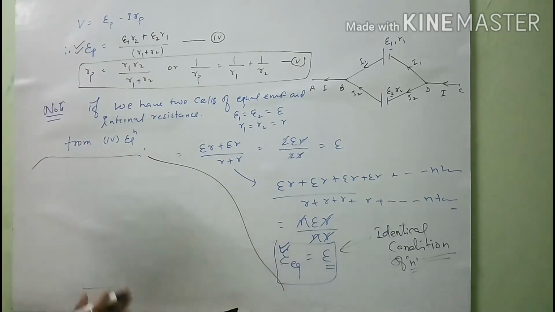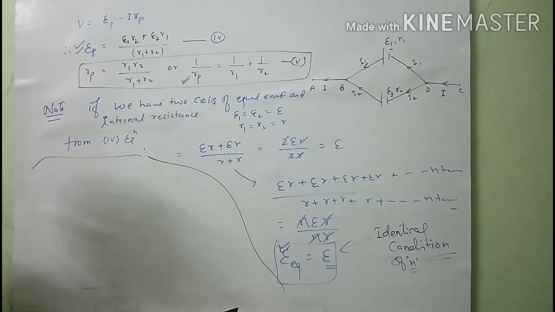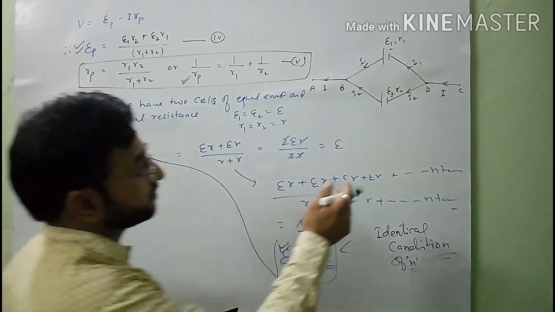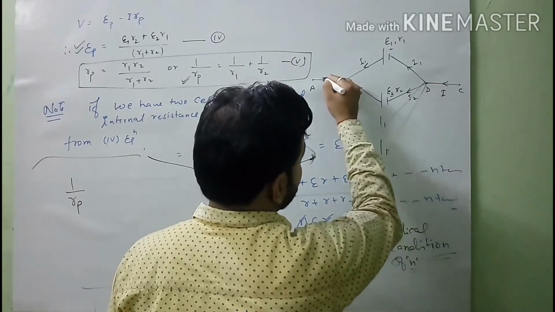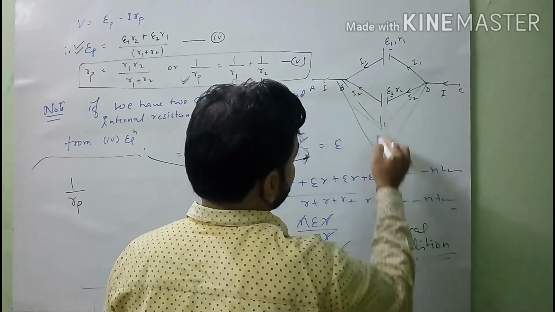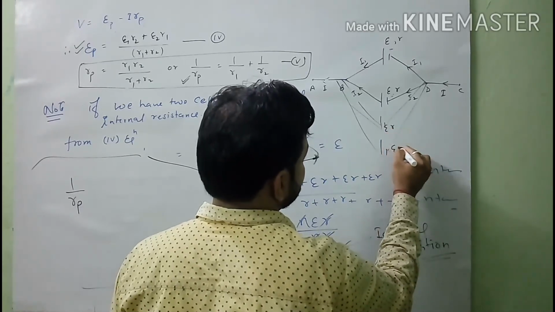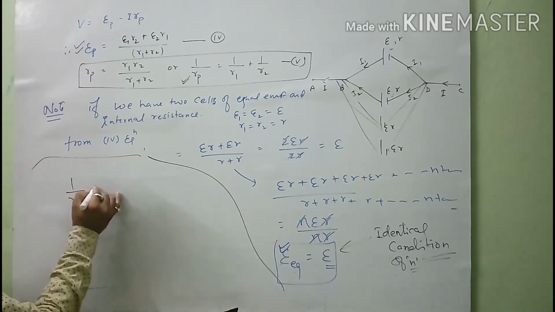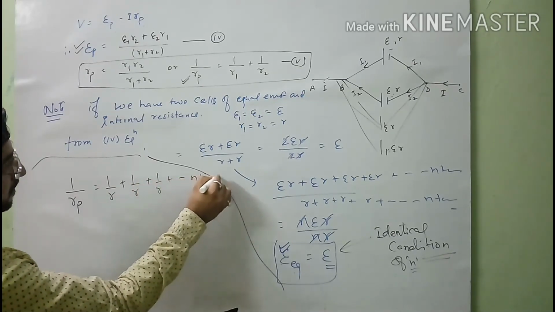Now here in this same condition, if I think about their equivalent internal resistance, suppose as you have the condition of identical cells, I have n cells here also, clear, student? Here we have n cells which are connected in this way from their terminals, so all have same EMF and same resistance. That time the equivalent internal resistance is 1 over R plus 1 over R plus 1 over R, n times in this equation.